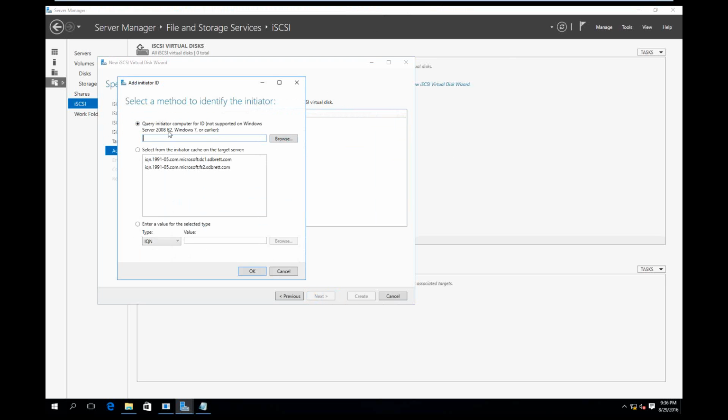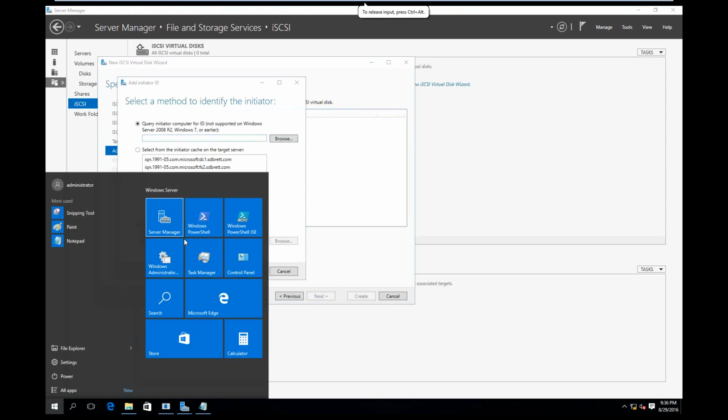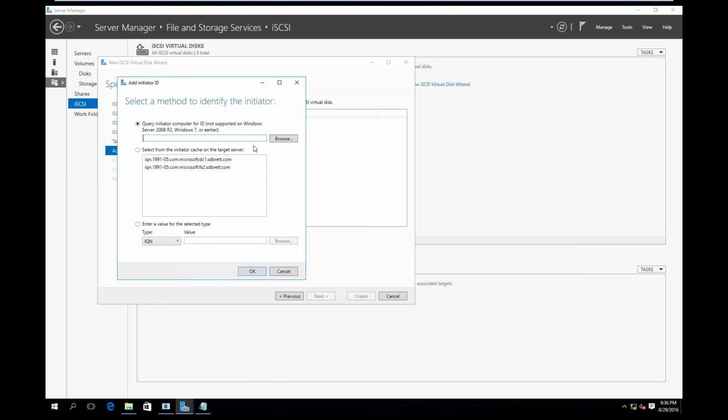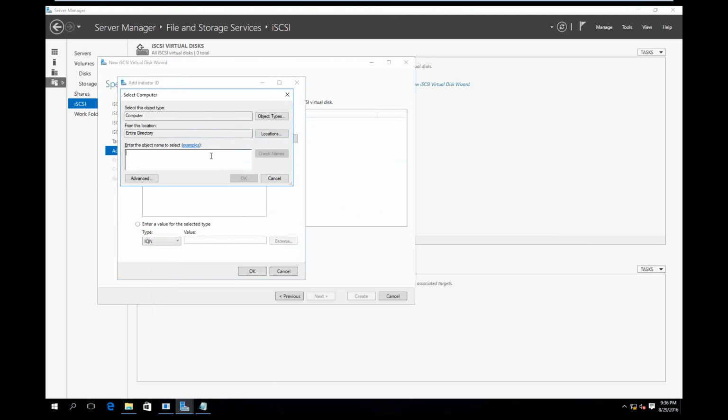With Server 2012 and I think it's Windows 8, it comes with the initiator pre-installed. Prior to that, it was an additional download and installation. We'll go into the initiator in a little bit. So I could go browse and I can put in